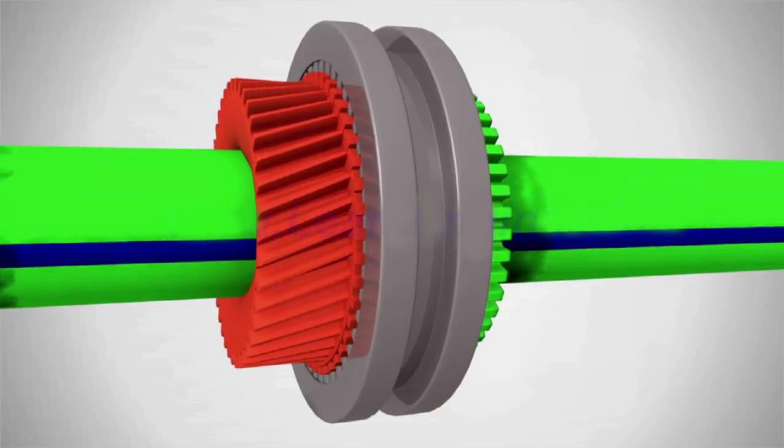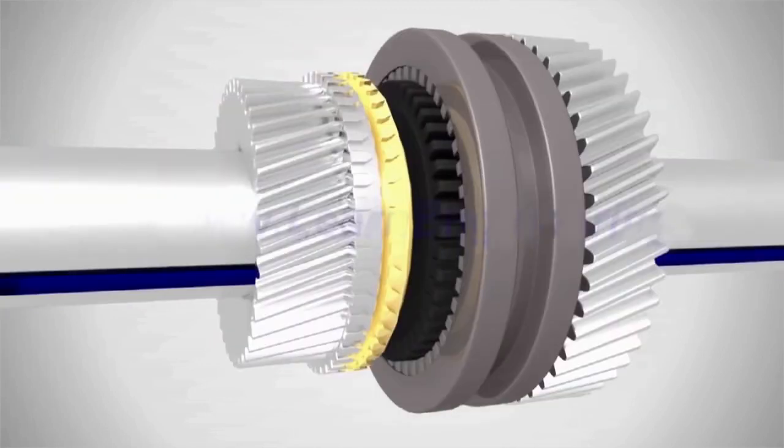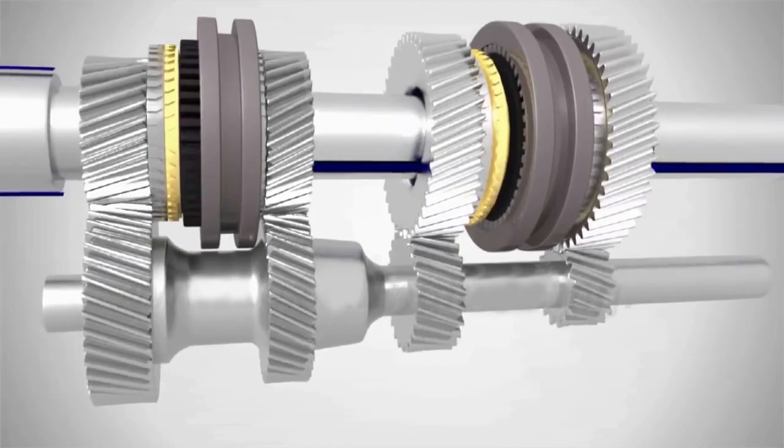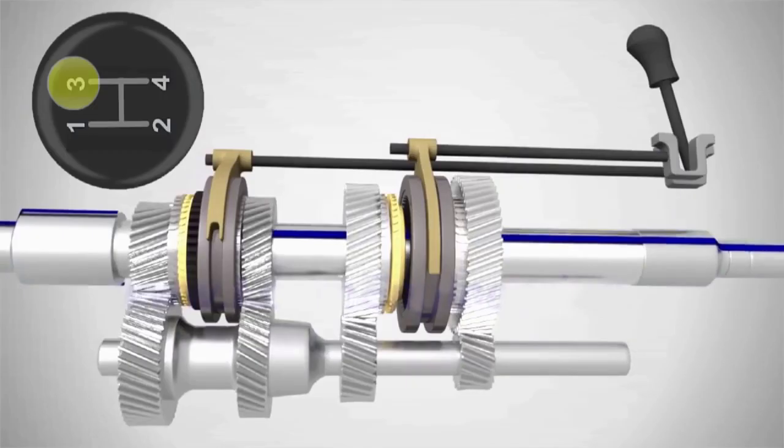And when we move, the sleeve will press the synchronizer ring against the cone. Due to the frictional force between the synchronizer ring and the cone, the speed of the gear will become the same as that of the shaft. At this time, the sleeve can be slid further and locked with the gear. Thus, the gear gets locked with the shaft. This is how you put the first gear, second gear, third gear,